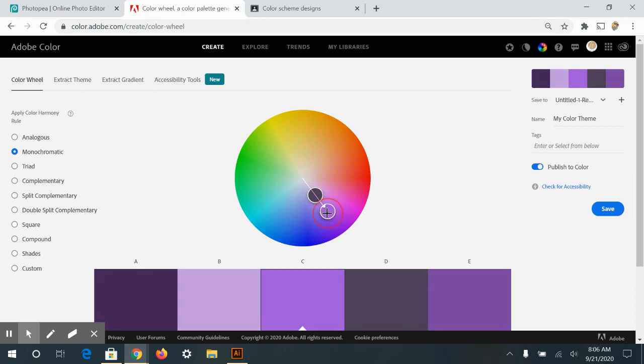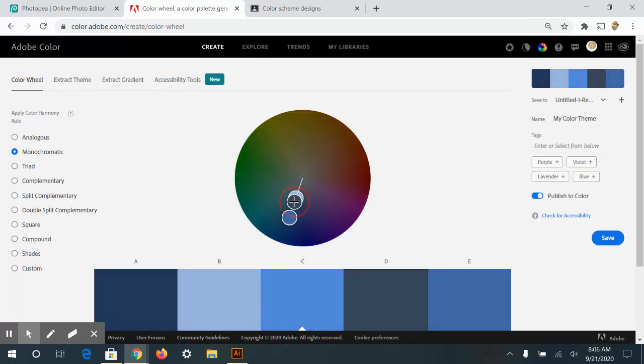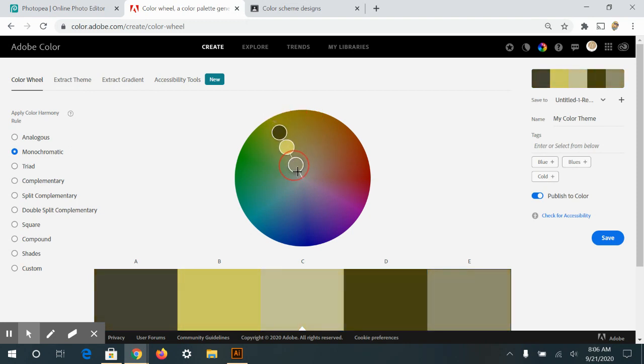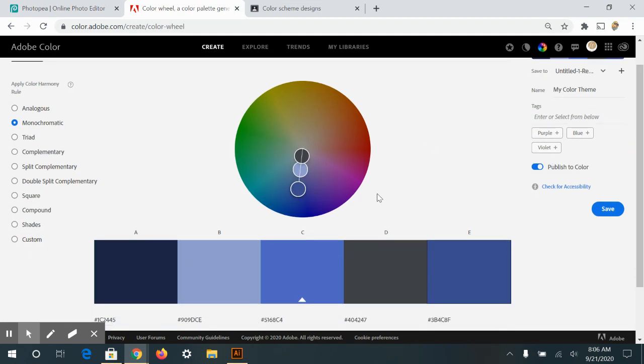Let me move my cursor. That little white arrow. If you move this one, it's going to split it up. And actually, on this option, it's not going to split it up. It'll give you a third color option. So it's going to show you where that color picker is. But what you do is you just click and drag it around the color wheel. Okay. You can move each point around and you're just going to pick a color. Okay, so monochromatic means one color, just different shades and tones. Okay, so you're going to pick one